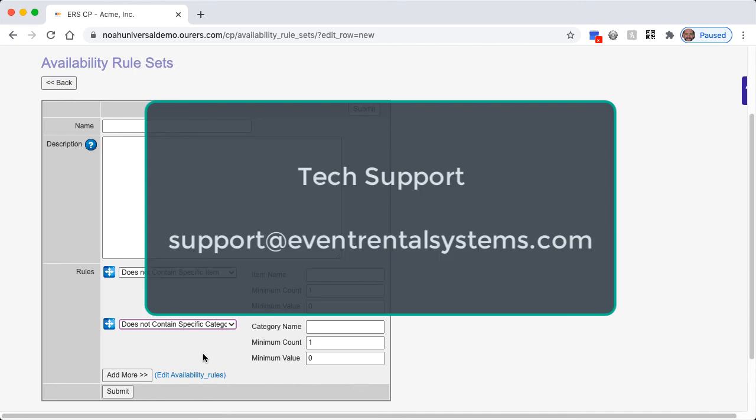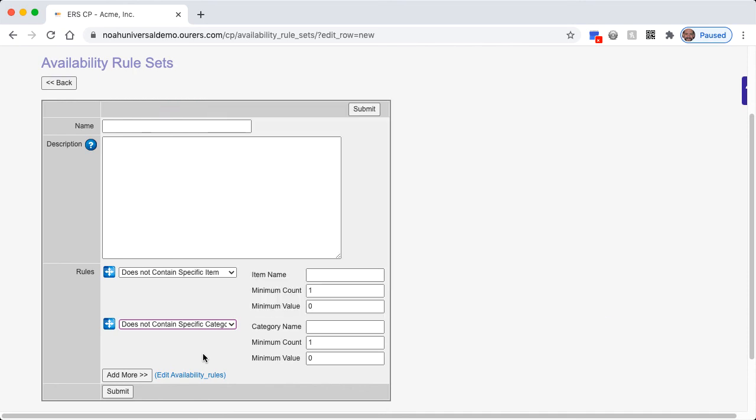As you probably know by now, the email address is support@eventrentalsystems.com. And last but not least, you can use these product-specific availability rule sets along with the date-specific availability rule